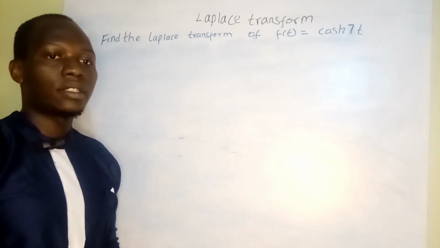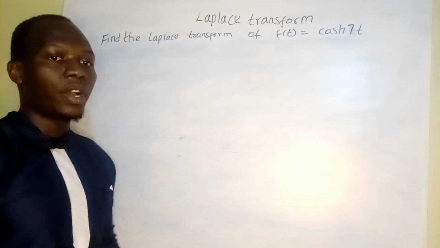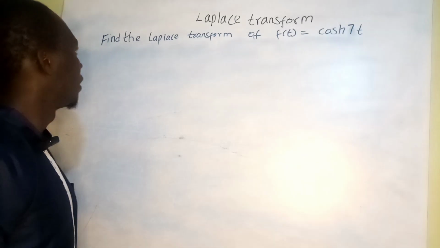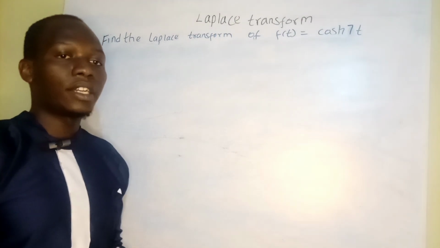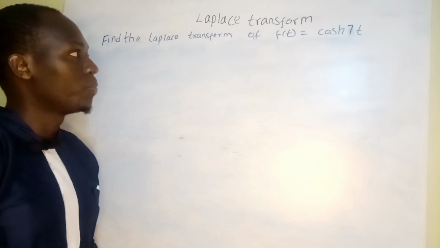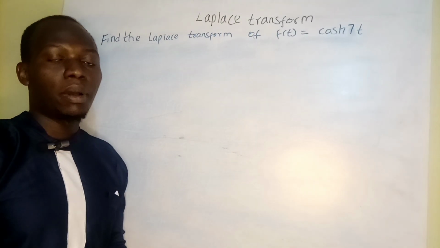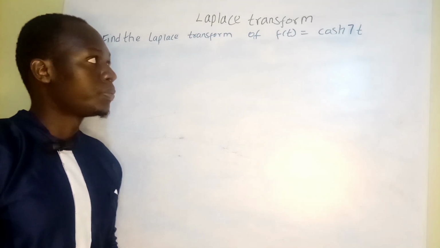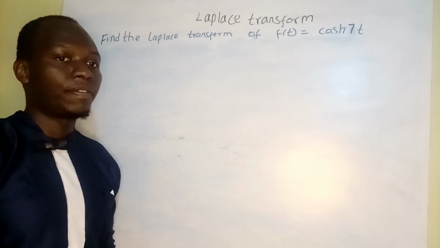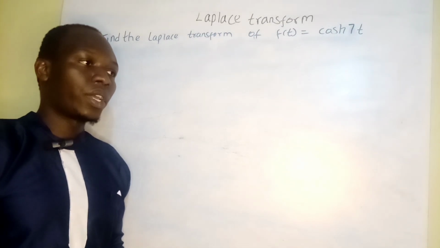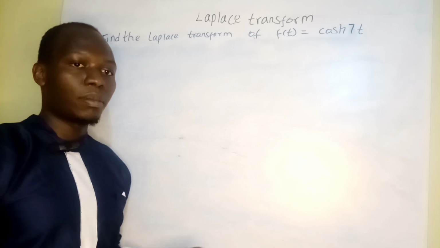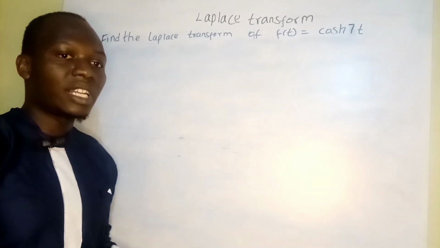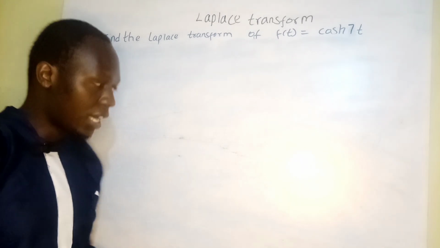In our session for today, we are going to discuss finding the Laplace transform of a function f of t equals cosh 7t using the first principle. When it comes to the first principle, the first thing that we need to understand is the formula. And when it comes to the formula, we know that